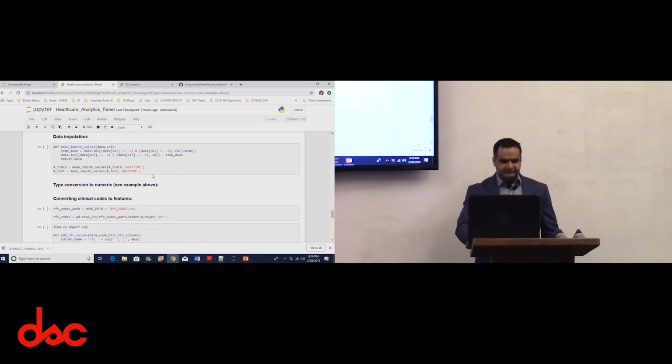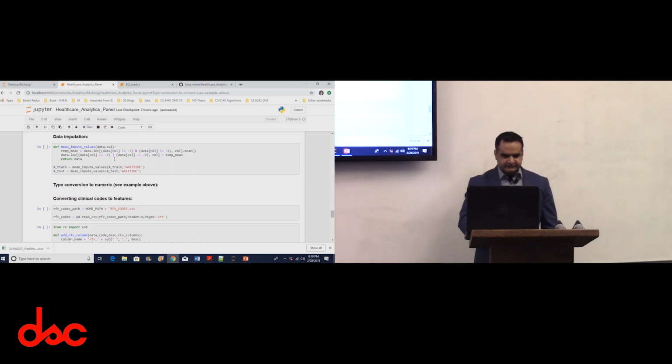You want to impute missing values. A lot of these data sources I mentioned have missing values. So you can write a function for that. And then